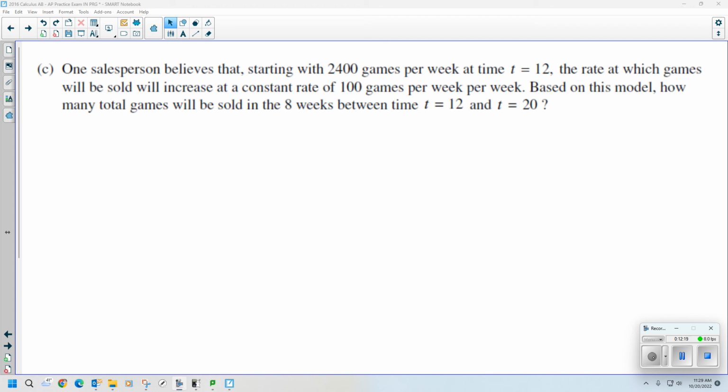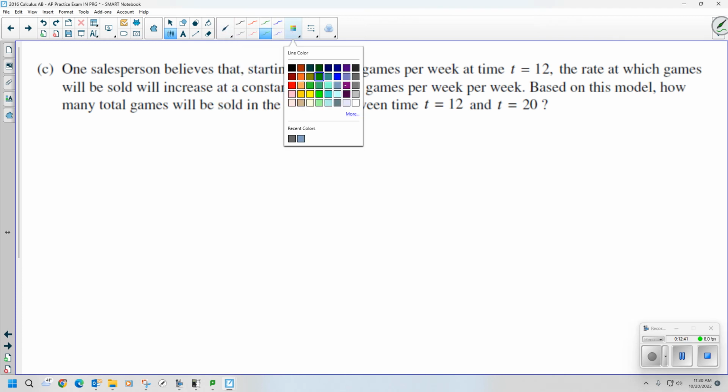Based on this model, how many total games will be sold in the 8 weeks between t equals 12 and t equals 20? All right. There is such a little snag in here if you don't pick up on it that it's crazy. All right. First of all, I did not stutter or make a mistake when I said games per week, because